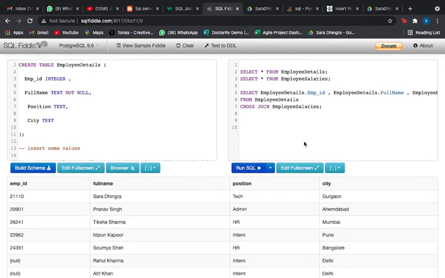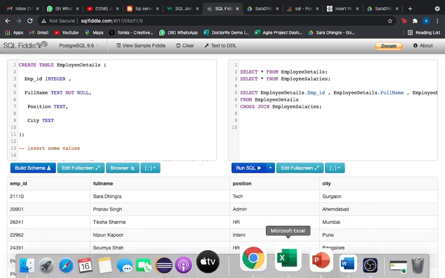I hope all these joins are clear to you. I tried explaining them to you with help of basic definitions as well as this real-time example. You can take any two tables and try doing it on your own, and trust me, you'll be able to get a much better understanding.